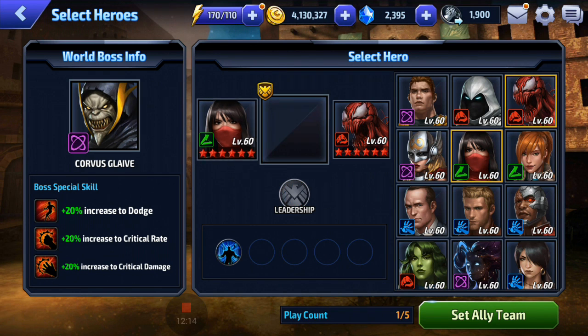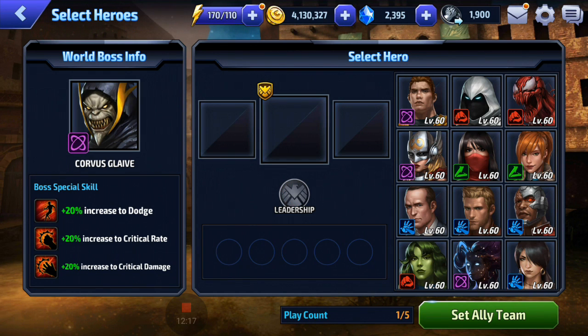But, yeah, those are the tips, guys, that I have for Corvus. You definitely need at least 3 dodge ignore strikers, and then you just need some good DPS, guys. There's plenty of teams that can work for him, so just, you know, keep those tips in mind, put that to good use, and you'll be clearing Corvus Glaive 5 times out of 5 in no time,